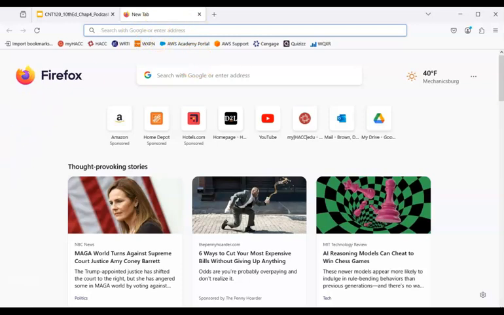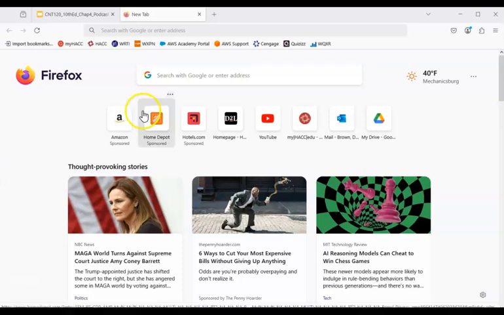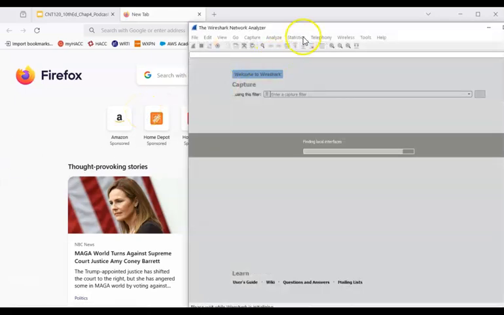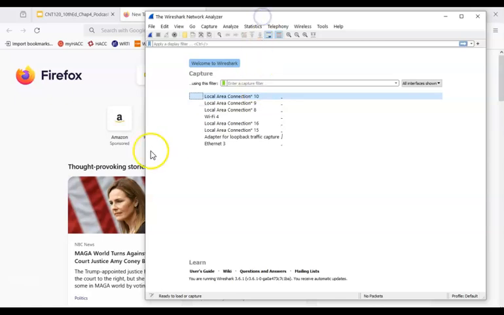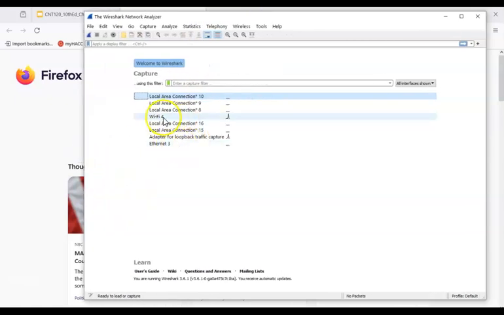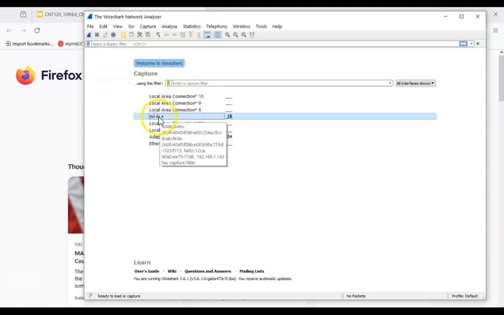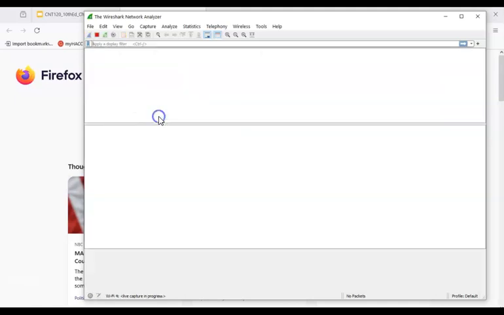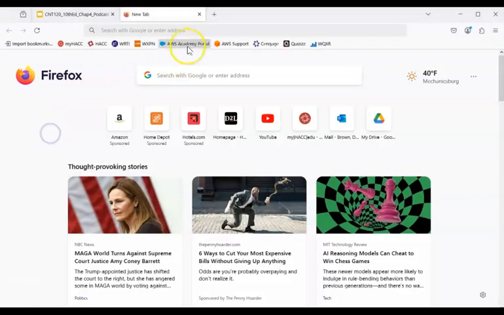But before I do that, let me get Wireshark started in the back here. And we're going to open this up. There we go. And we're going to try to capture me loading a web page that I have not been to yet on this computer. So I'm going to get my wireless NIC selected, if you will. I'm going to start my Wireshark session, and I'm going to come over here